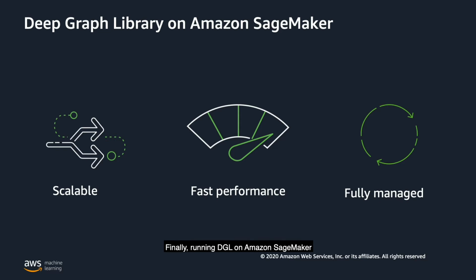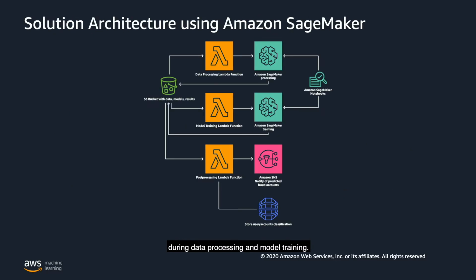Finally, running DGL on Amazon SageMaker allows for a fully managed experience where you don't have to manage your GPU servers yourself and you only pay for what you use during data processing and model training. The graph neural network models in the solution are trained using Amazon SageMaker infrastructure, and the solution itself is contained within an AWS architecture that can automate the detection of malicious users as soon as sufficient data is collected on